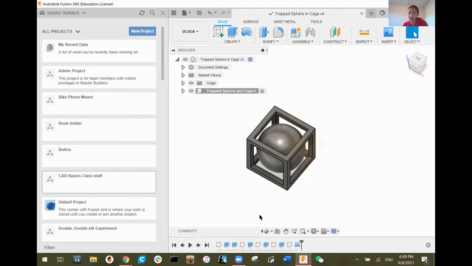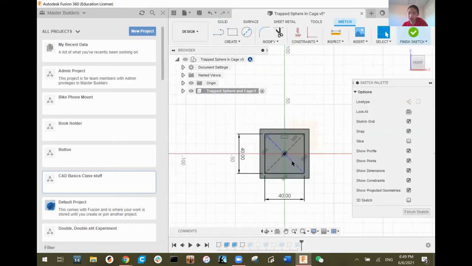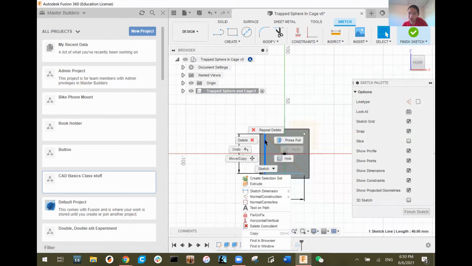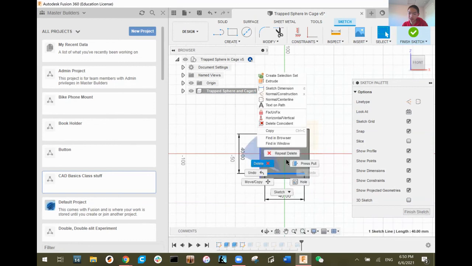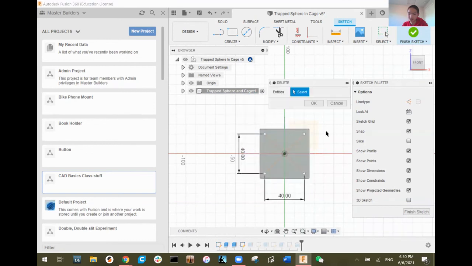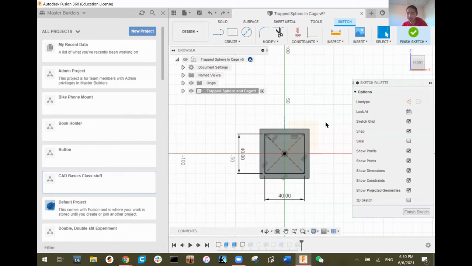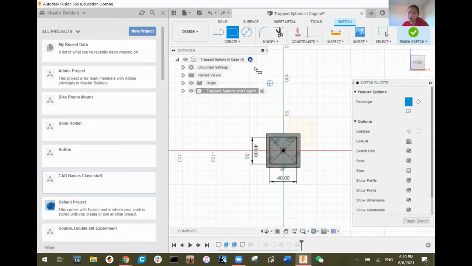So you write the dimensions. Someone else asked, when you do the square, how do you do the dimensions? So let me just pretend to delete this. Okay. One moment. So basically how you do the dimensions is, with the center rectangle, you find a point at the center and